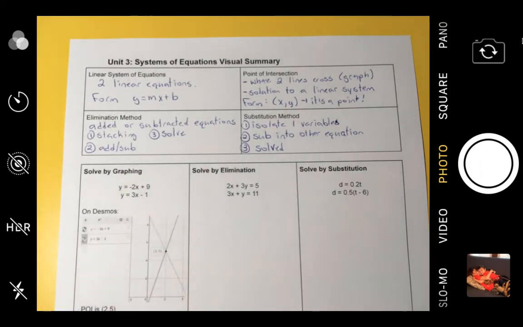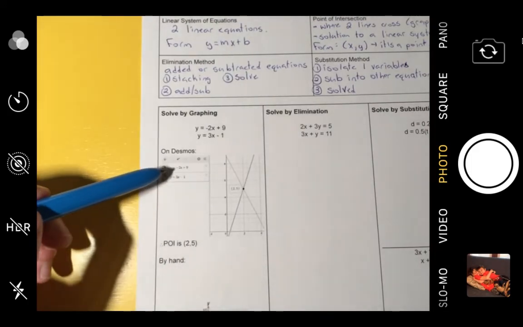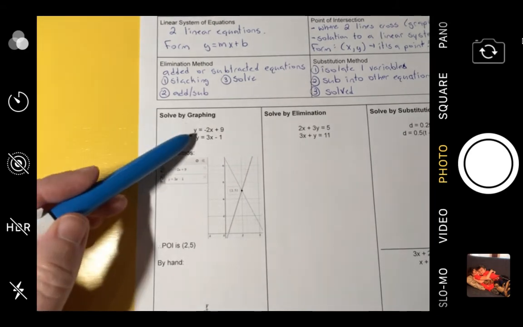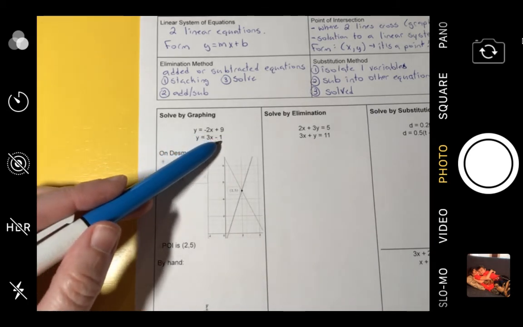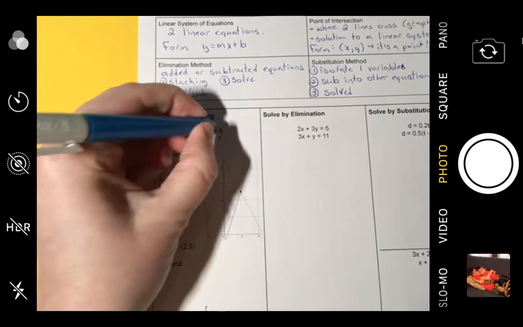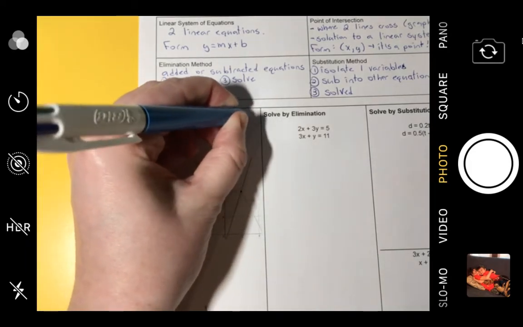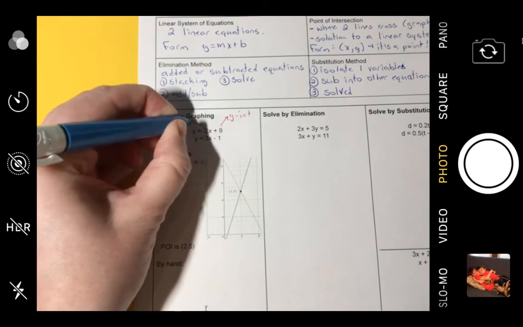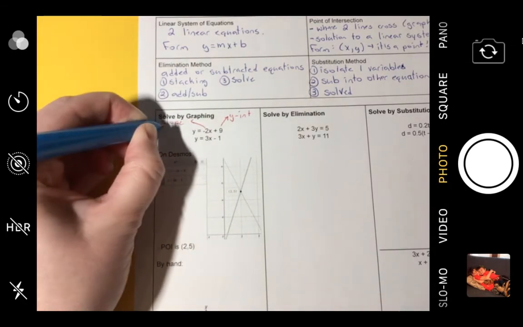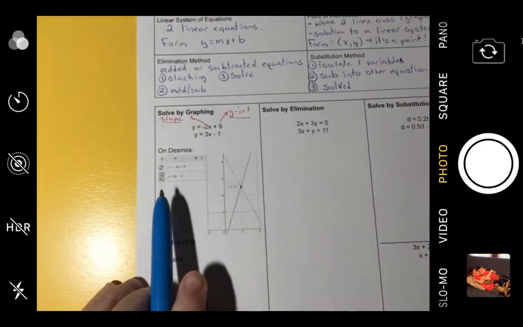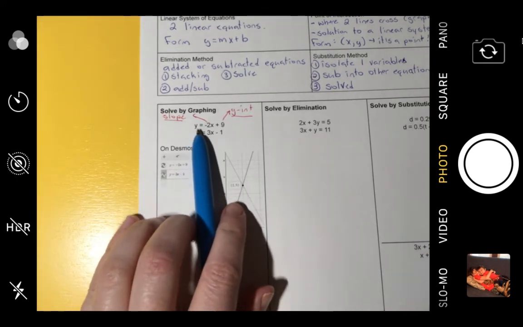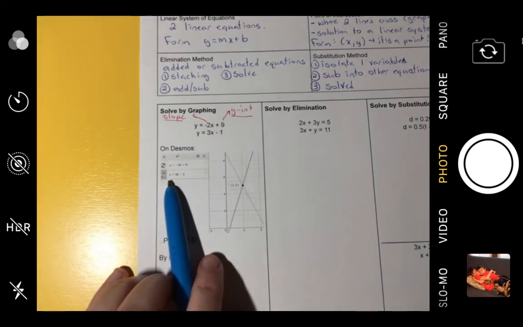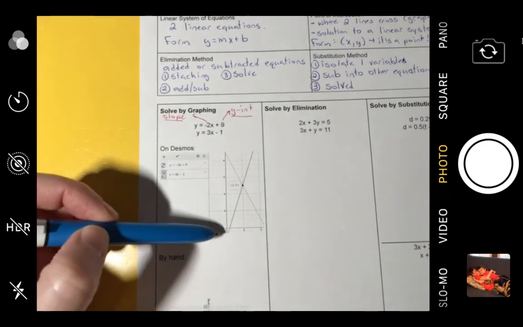So let's do an example of each. So let's do solve by graphing first. I've already done the Desmos of this one. So we have these two equations, y equals negative 2x plus 9 and y equals 3x minus 1. Remember that this is our y-intercept, the number at the end, and then this is our slope. Okay, on Desmos, if you want to try it, you can go to desmos.com and you can type in these two equations, y equals negative 2x plus 9 and y equals 3x minus 1. And if you graph them,